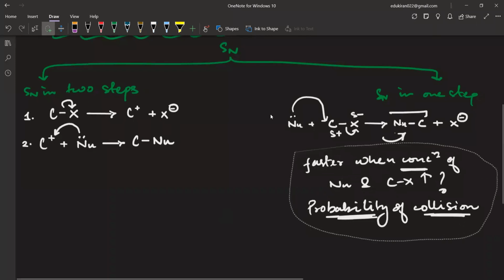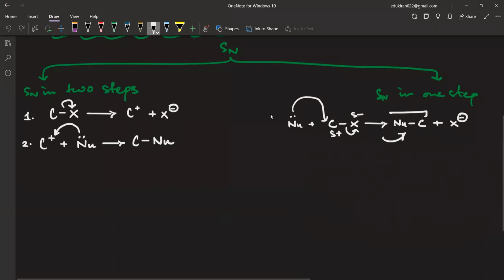It depends on the concentration of nucleophile as well as the concentration of RX. Rather, I should say it is proportional to the concentration of nucleophile and also the concentration of RX. Okay, also the concentration of RX. But if I look at here, now I have to see which of the steps is which. Now, if I look at the first step and second step,